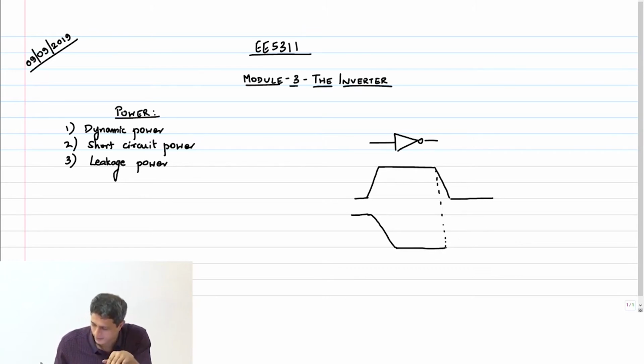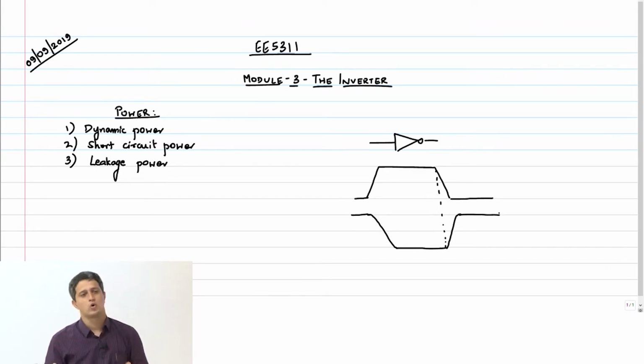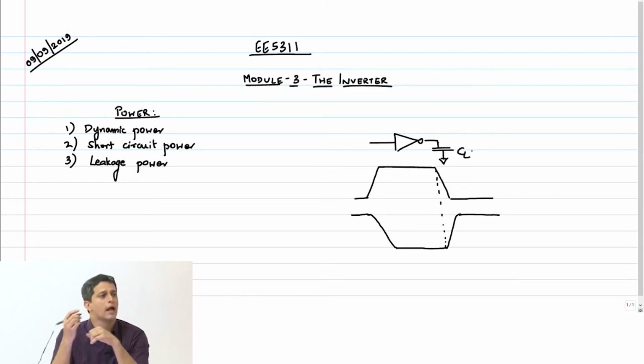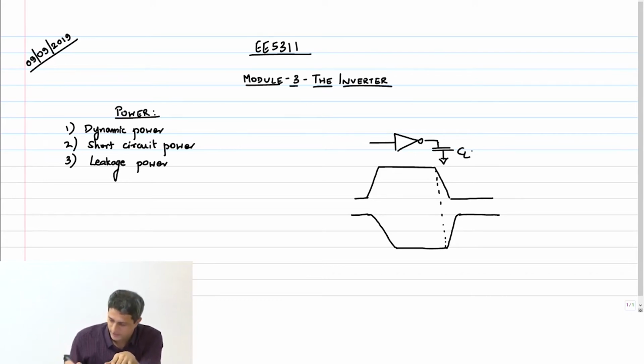Leaving all the second order bumps that I spoke about earlier, it would look like this. And in the process, you would have a capacitor that is being charged and discharged each time the output rises and falls. So we said that for dynamic power,